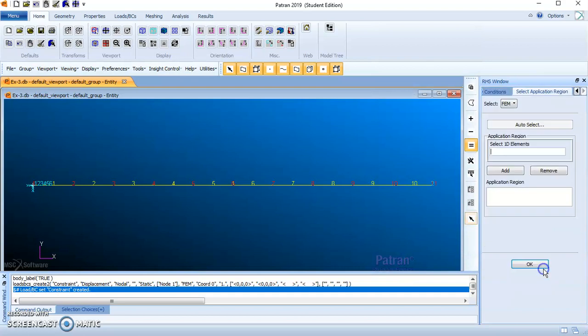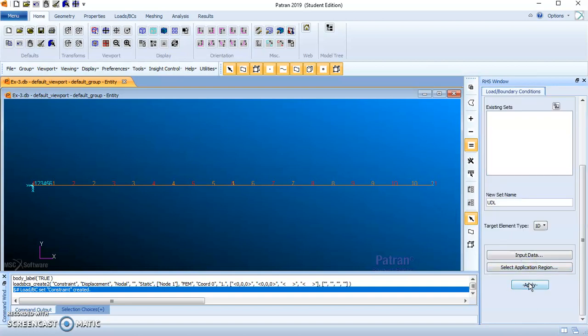OK. Select application region. Select the entire elements. Add. OK. Apply. So throughout, 24,000 Newton, that is 24 kilonewton, is applied.